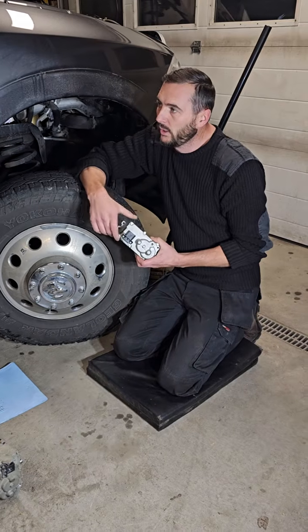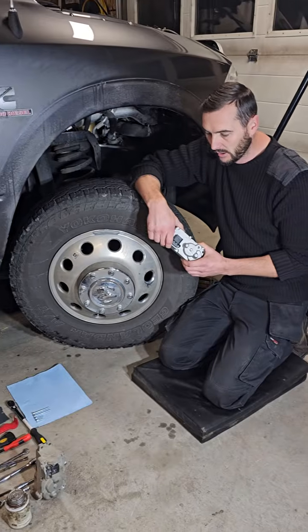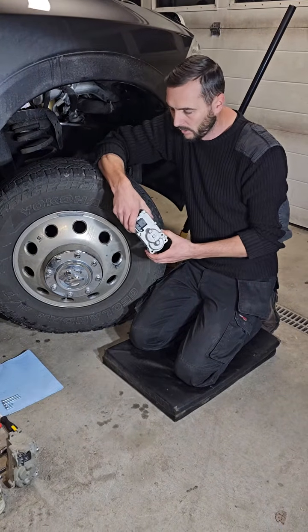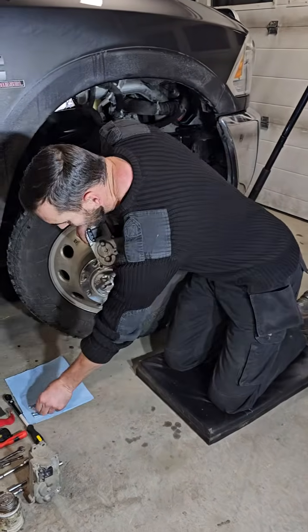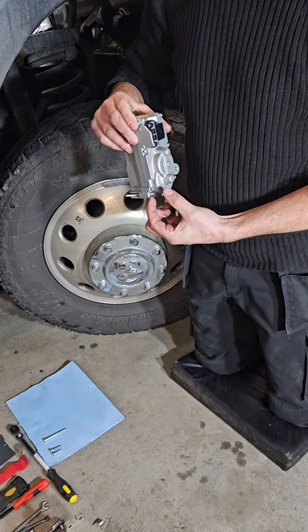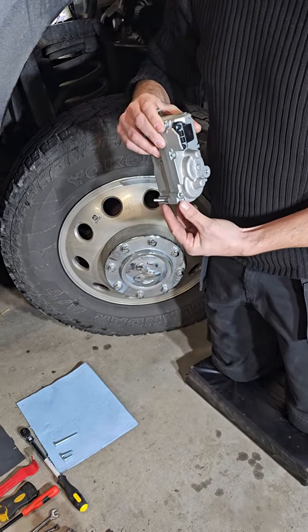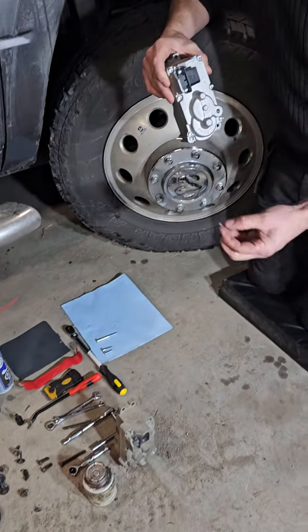So we're working on a Dodge Ram 3500 with a Cummins 6.7 and it's got an actuator code. We're going to install our new actuator. An issue that everybody will run into is trying to get this bolt out because it's stuck between the suspension shock absorber housing. You don't have a lot of space to work, and so what we recommend you do is